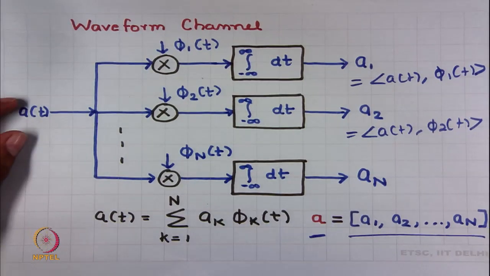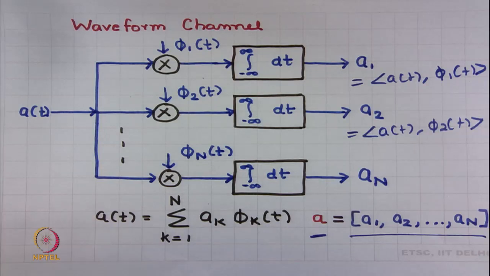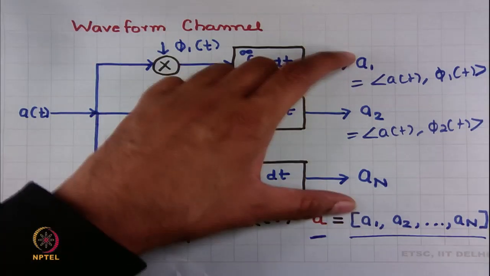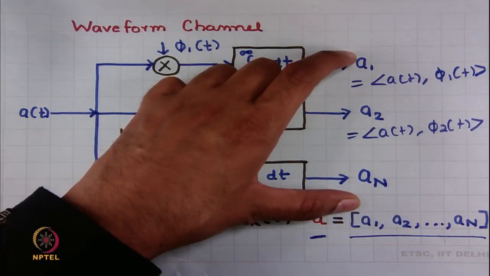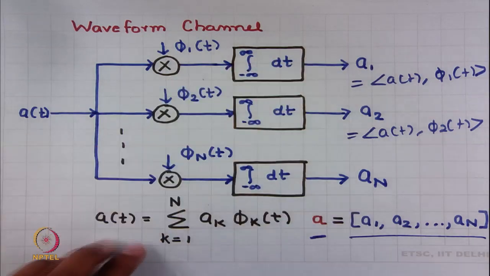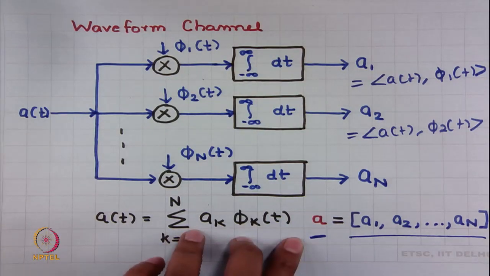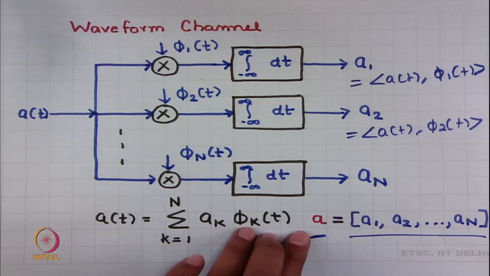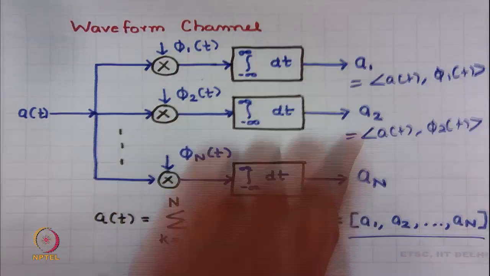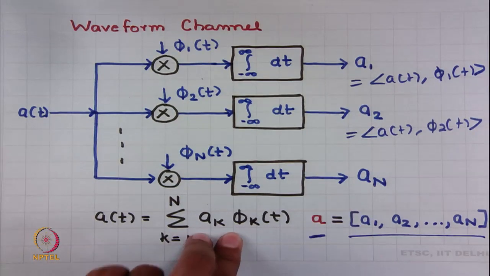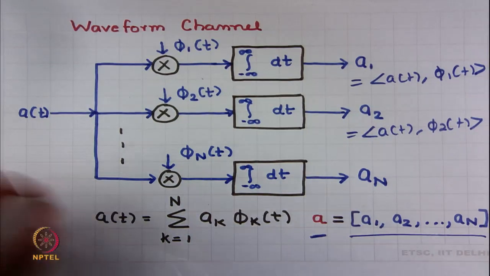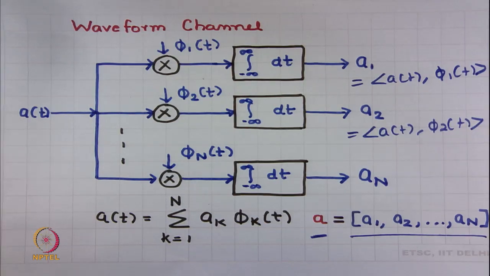So when I have a waveform, I pass it through a bunch of correlators, and I get the vector corresponding to this waveform. I can also generate this waveform by multiplying these various orthonormal functions with these coefficients, which are the elements of that vector A. And what I have said is you can think about any modulation scheme using this simple basic idea: any waveform is a weighted sum of orthonormal functions. All right. So here